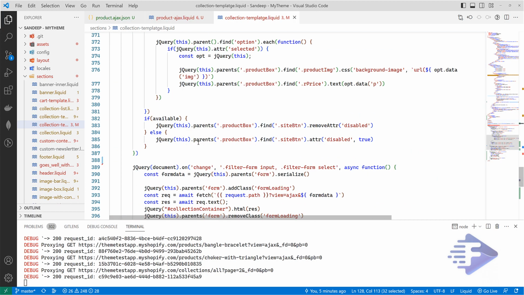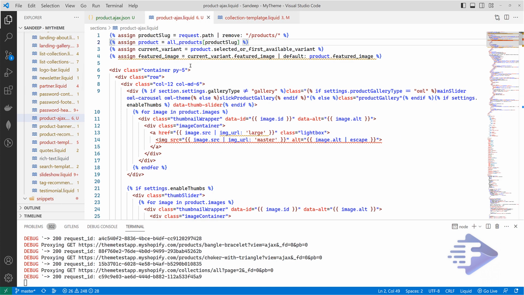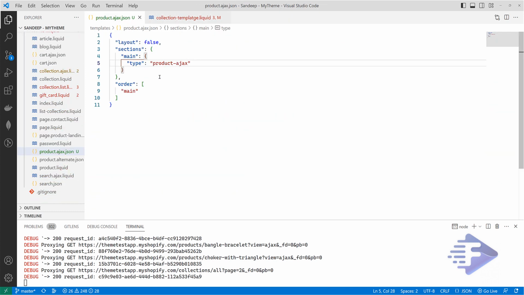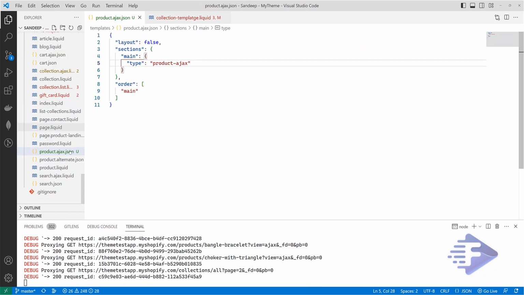and once everything is fetched over here, this is our product's URL, and this one is our template. What I'm saying over here is, in the products template find Ajax in product.